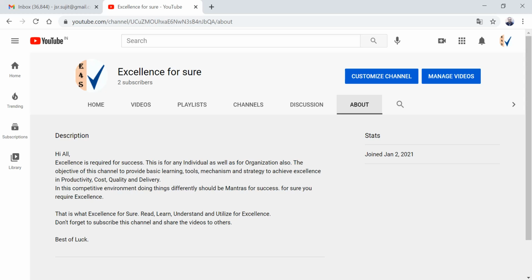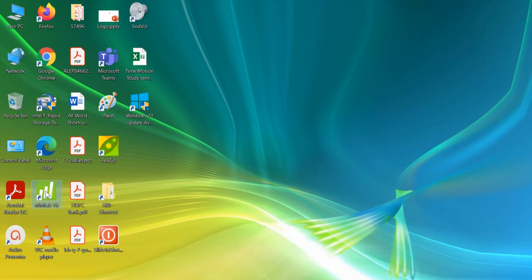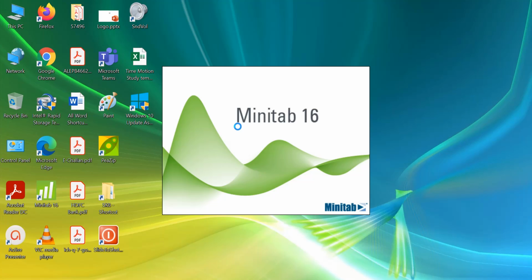Continuing from that, today I will discuss how to import data to the project manager window. There are two ways through which you can import data from an Excel sheet to the project manager. One by one I'm going to show you. So let me first open Minitab. Once you open Minitab,